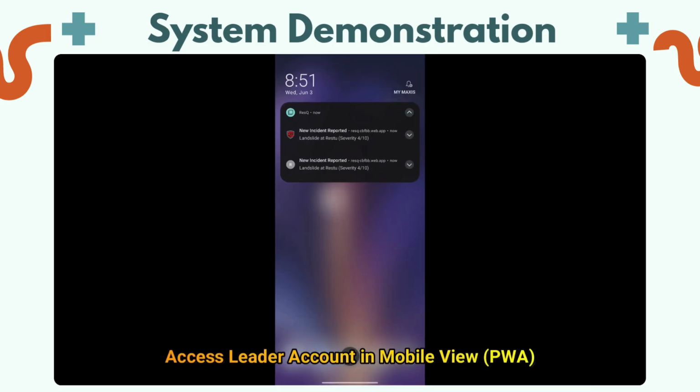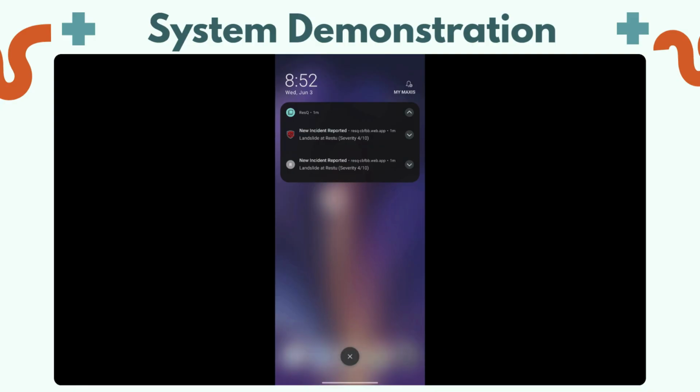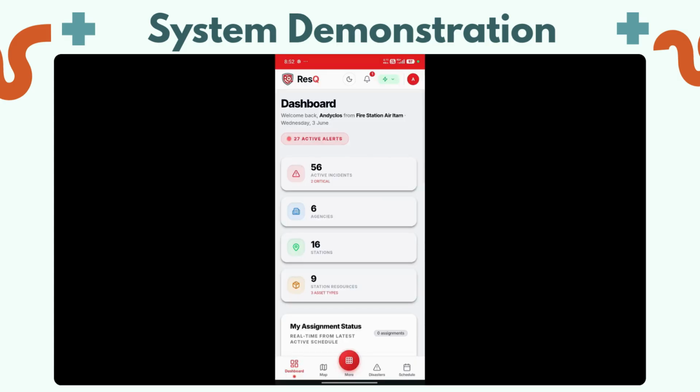Now back to the mobile phone view. As you can see here, the nearest station leader of the incident has successfully received the notification. They need to go to the incident location and verify the incident is correct before the incident can be used in the scheduling engine. Inside the leader view just now, the leader can view the notification, can update their availability status,